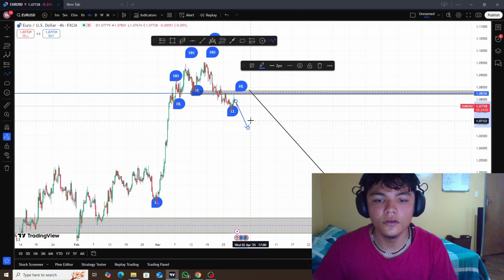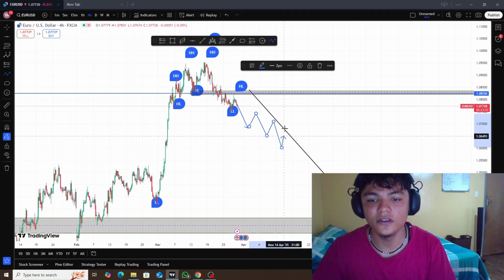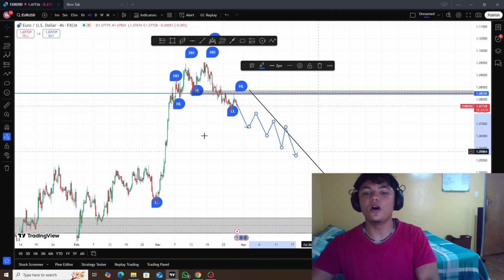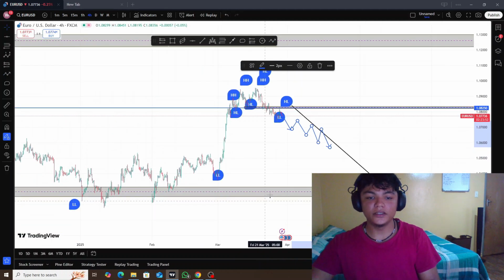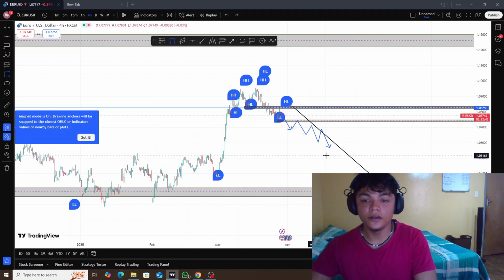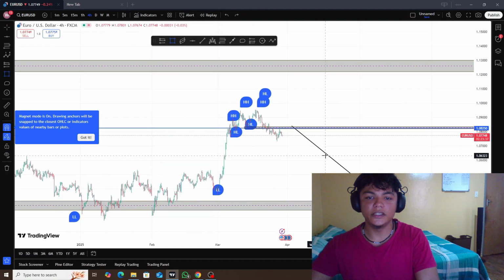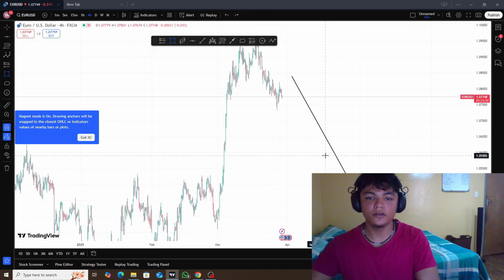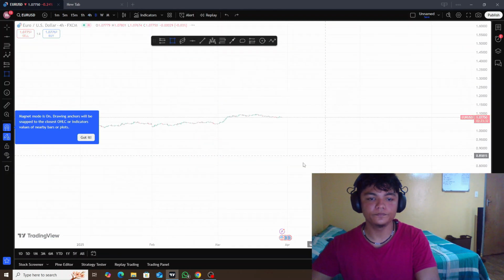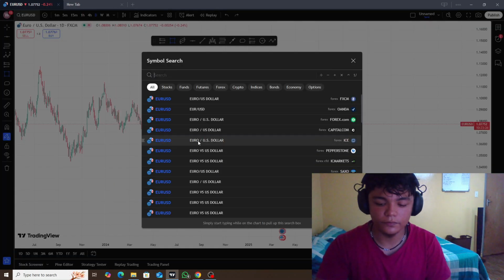Boom, boom, boom, boom. It's going to do that the whole time, up until it reaches this area right here. And here you can take trades right here. Right there. See, it retested right there. But yeah, I hope you understand the concept of how markets move. To give you another example, let's go to